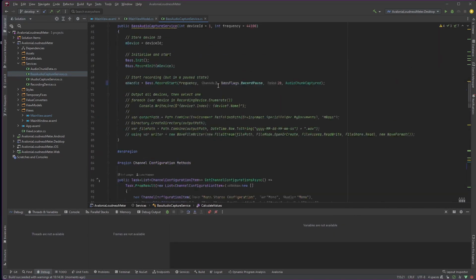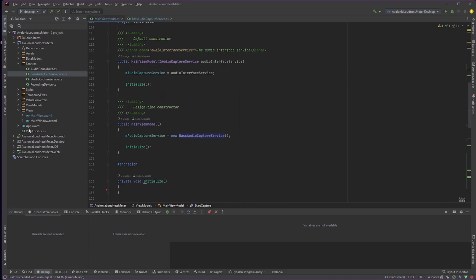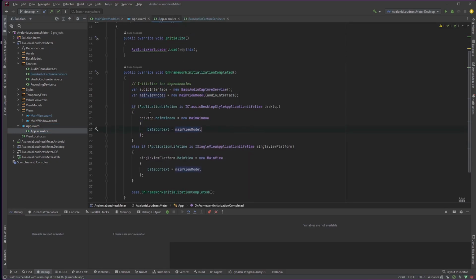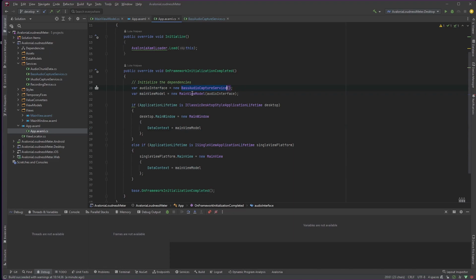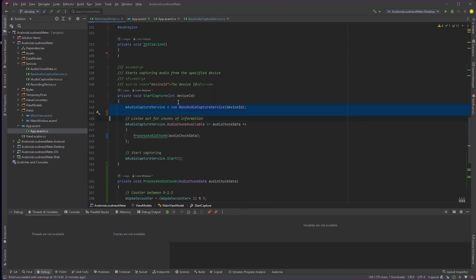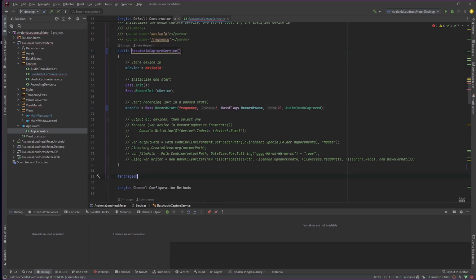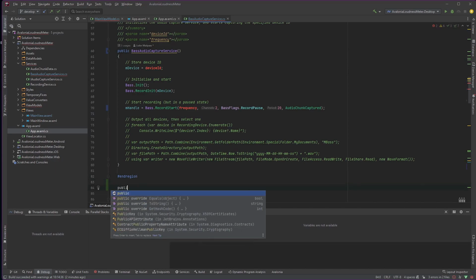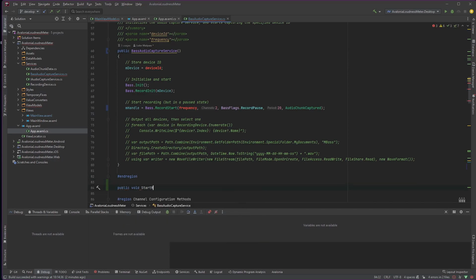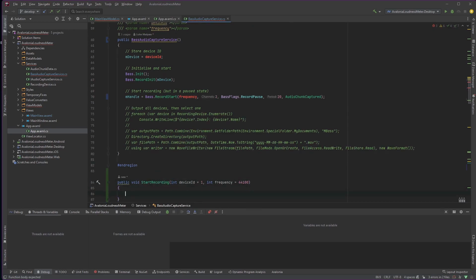And one thing I've just noticed looking at this as well, in the app, we have to inject the audio service here, which is correct. This one is where it goes wrong, so we specify device ID. So we need to rework this so that we don't have to recreate it, which means you don't want this device ID and frequency in the constructor. You actually want a call that is public void StartRecording. Pass them in, or in this case StartCapture,